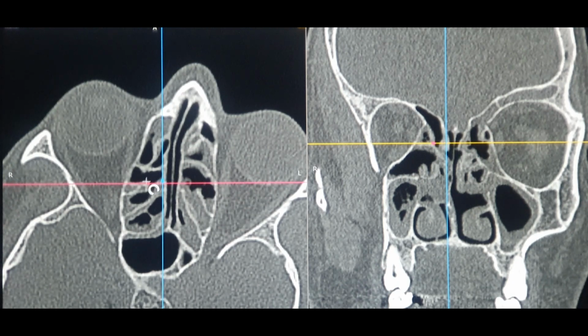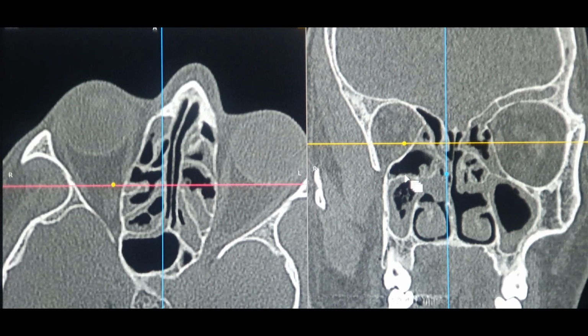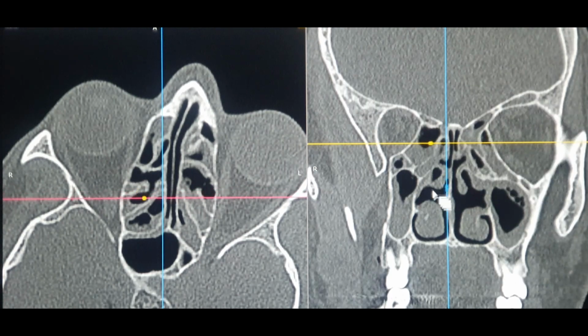So you need to know on the axial section as well what exactly and where exactly you are. Behind that will be all the posterior ethmoids, huge and less in number. So that's the second part of the middle turbinate, and the third part is attached to the perpendicular plate of the palatine. Now if I can slowly go behind and actually see that, you can see that this is a